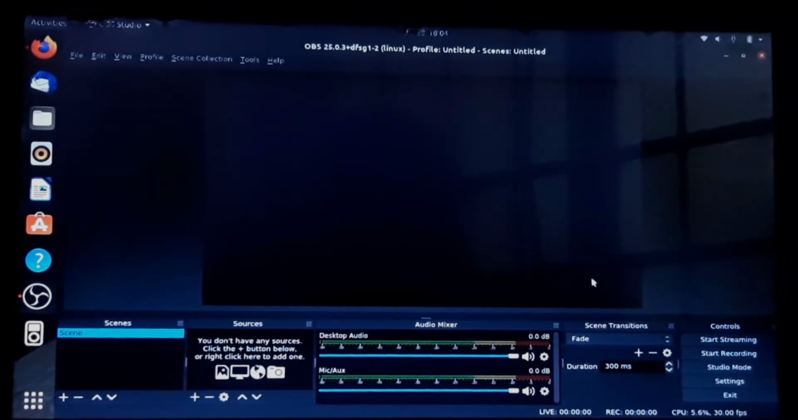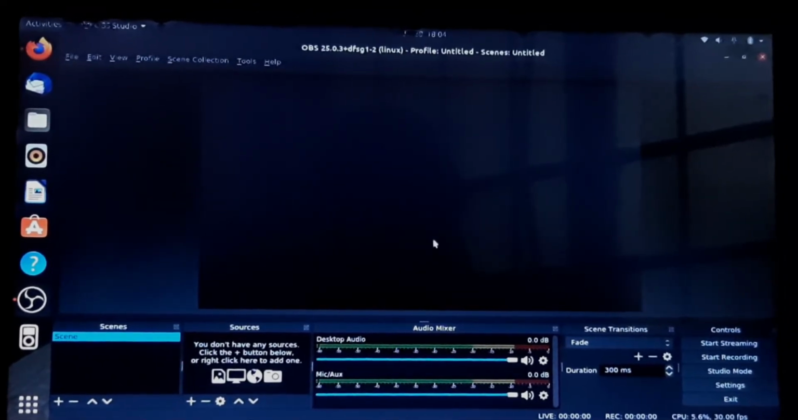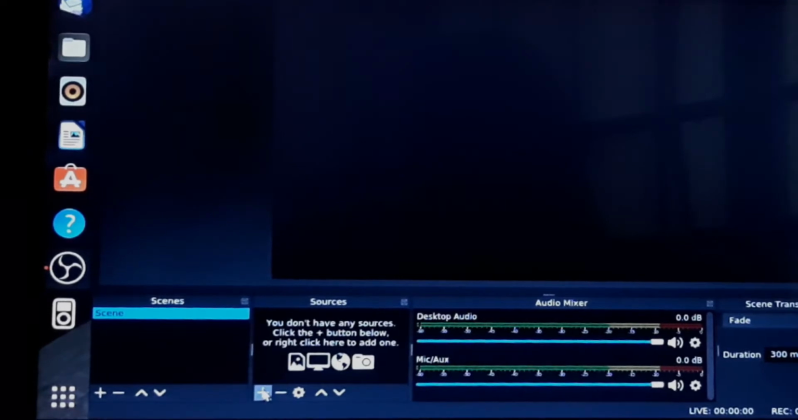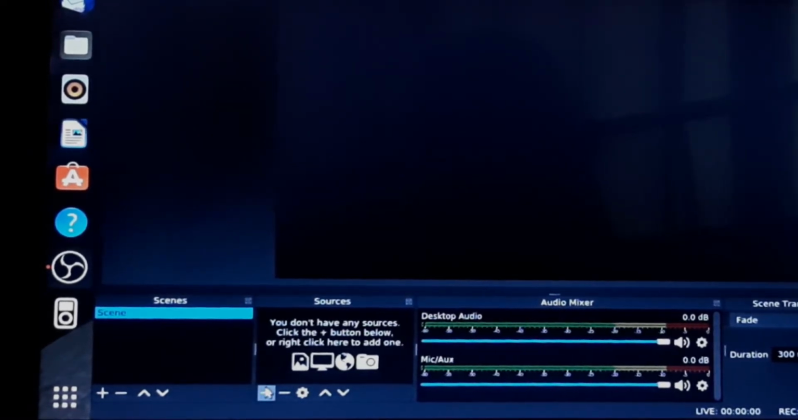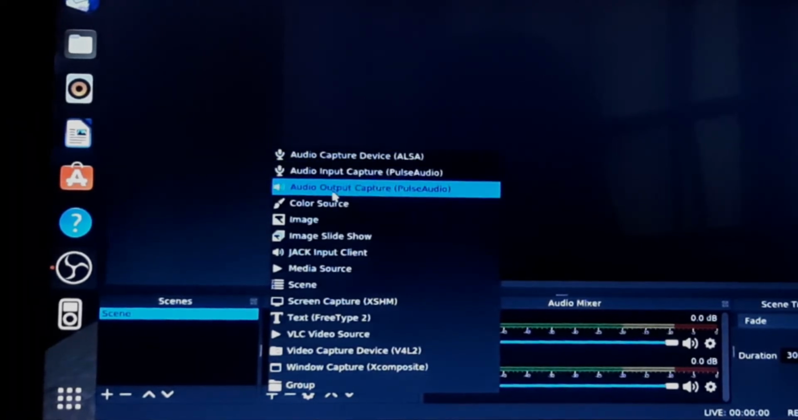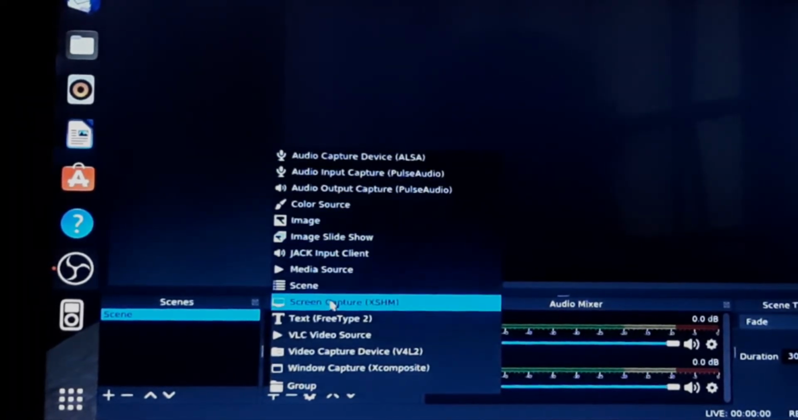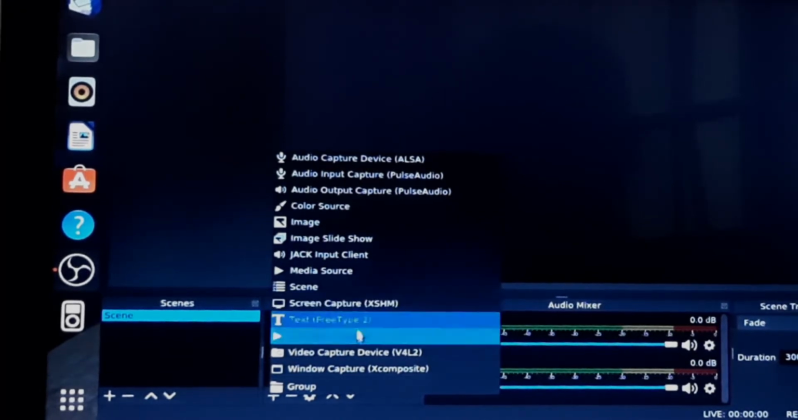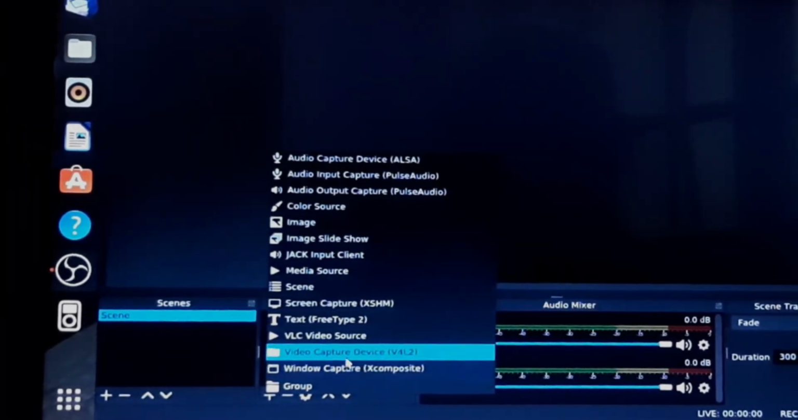Now go to the bottom left corner, where in the source section you will find a plus sign. Now click on that, and you could see many options given here. The one option we want is screen capture. We will use this to capture our screen. Now click on that,